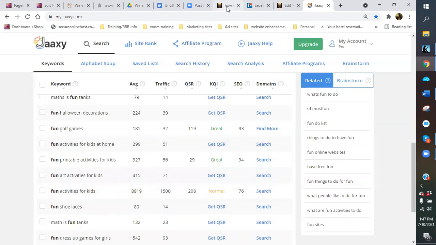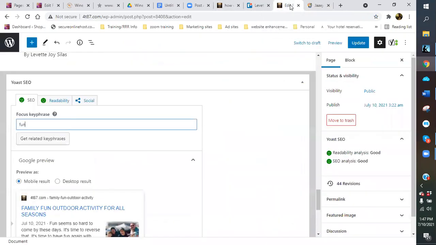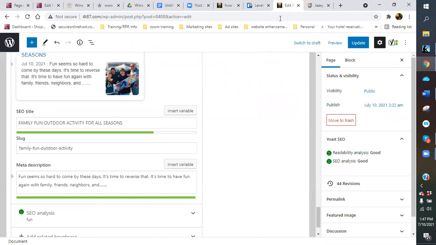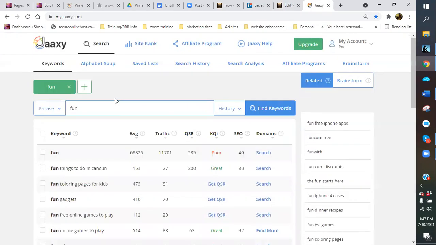So your page, what we changed it to was family fun outdoor activity. So let's do, what do we put as your key phrase? Family fun outdoor. So let's see what that says.